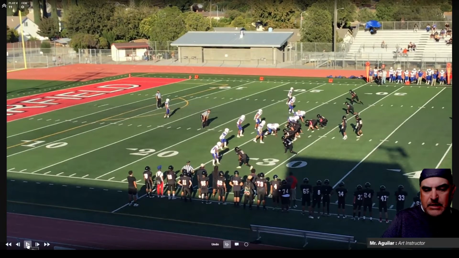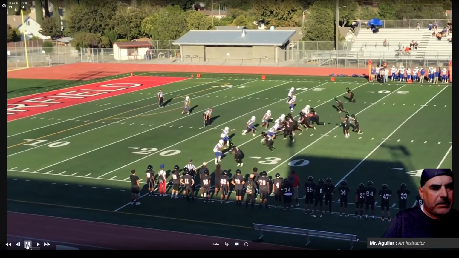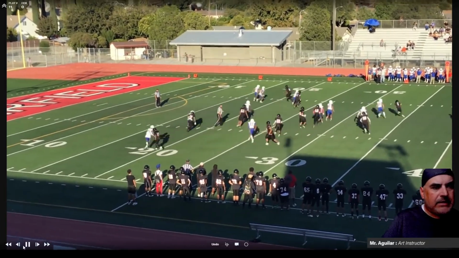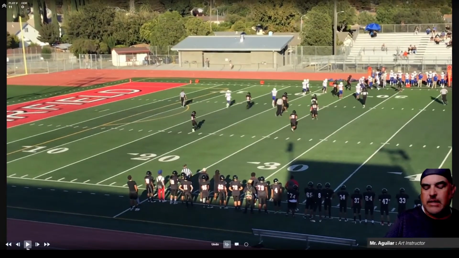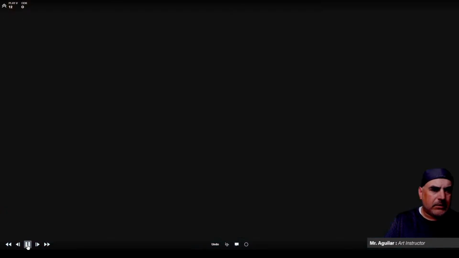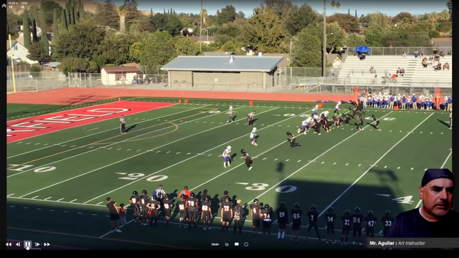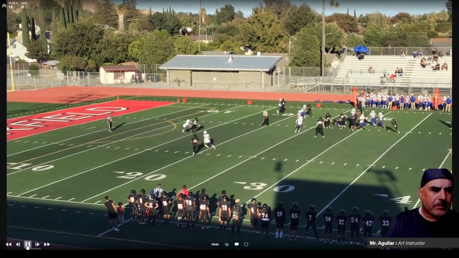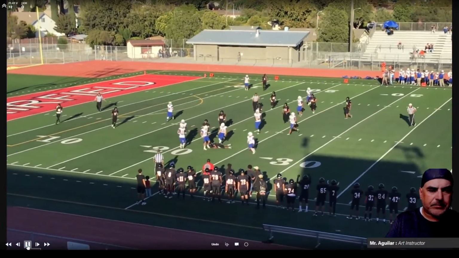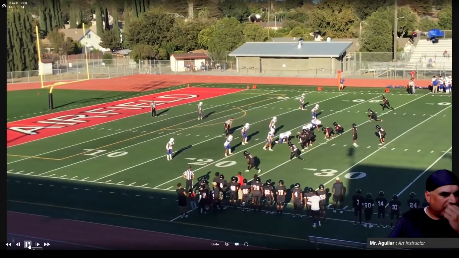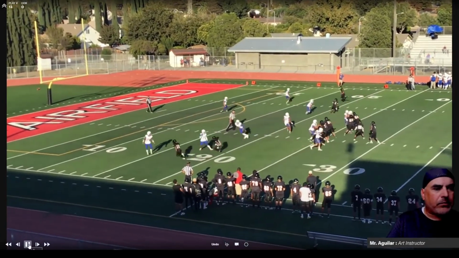Okay, so we have dubs again. So they run nothing but dubs. They faked inside zone, quarterback keeps. Again, trying to get to the outside. So one consistent thing they're trying to do is always go to that wide side, and they're trying to get to the outside as quick as possible. So that's going to be our number one priority. Faked inside zone. Then again, just takes off running. They've only run one formation, guys.